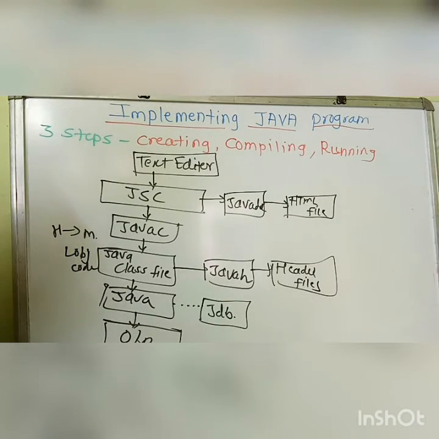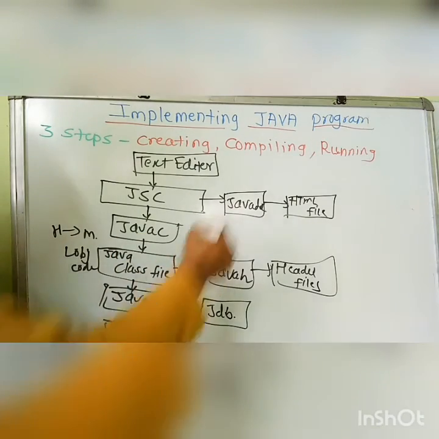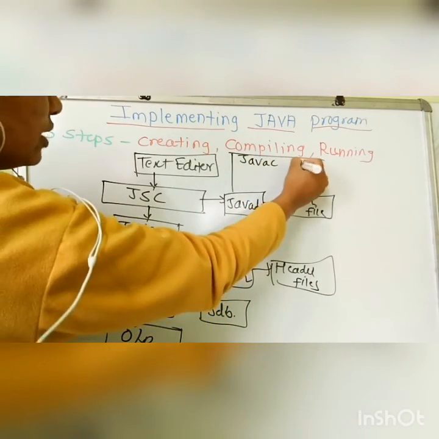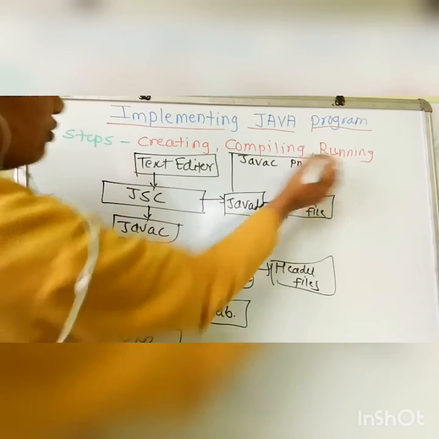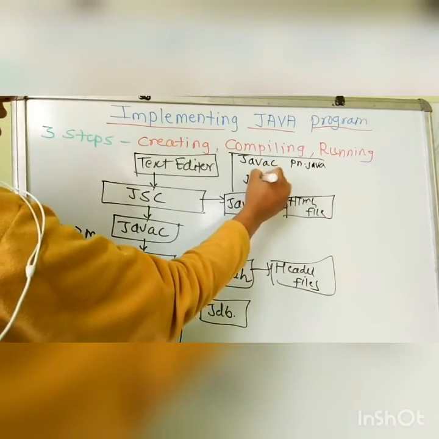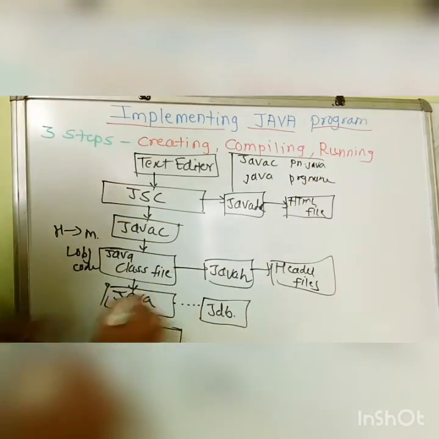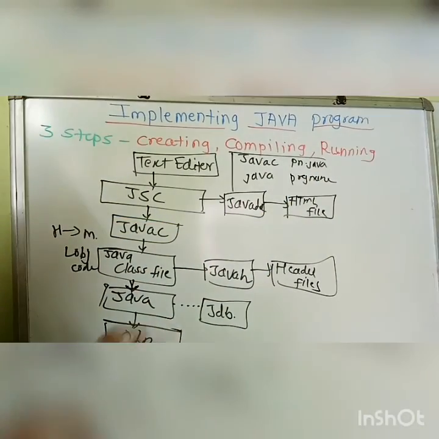For that, a Java interpreter is used. It is nothing but a standalone program. It can be achieved by using these steps. For compiling, we use javac program name.java, and for running we use the Java interpreter, that is nothing but java and program name. Here we used java, for that JDB is used, and we received the output of that program.